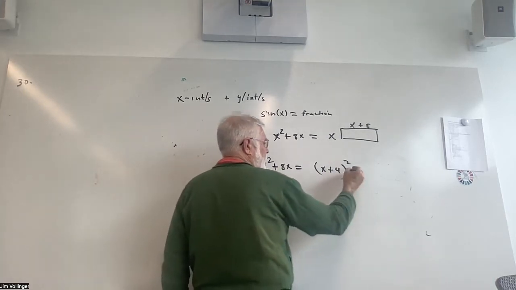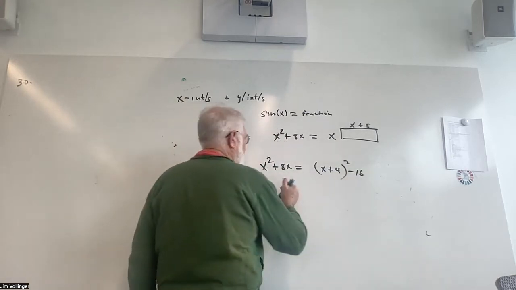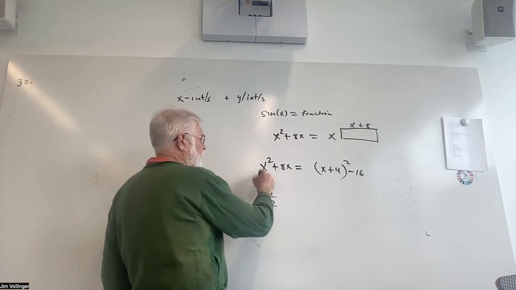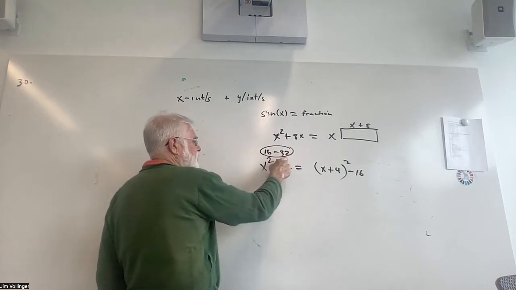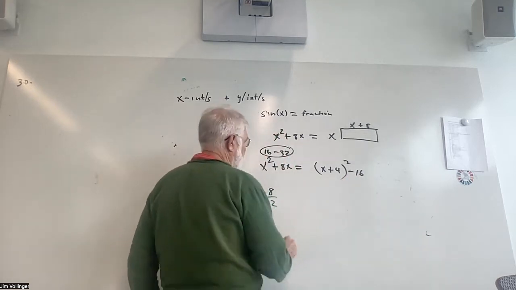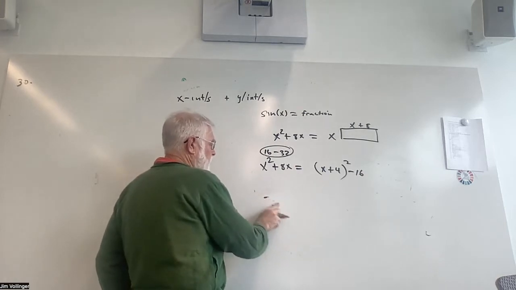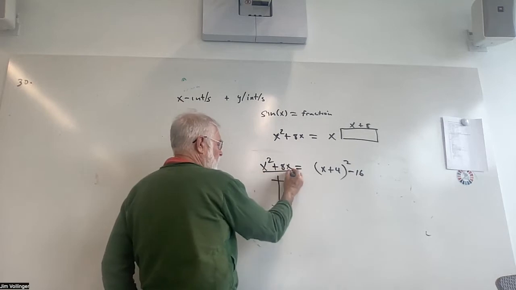I don't see positive 16. So that's just putting it in graphing form. If you put -4 in, you get 16 minus 32. And if you put 16 minus 32 together, that's another way to get that. I like the Y-intercept method. That's what I prefer. I know that x squared plus 8x